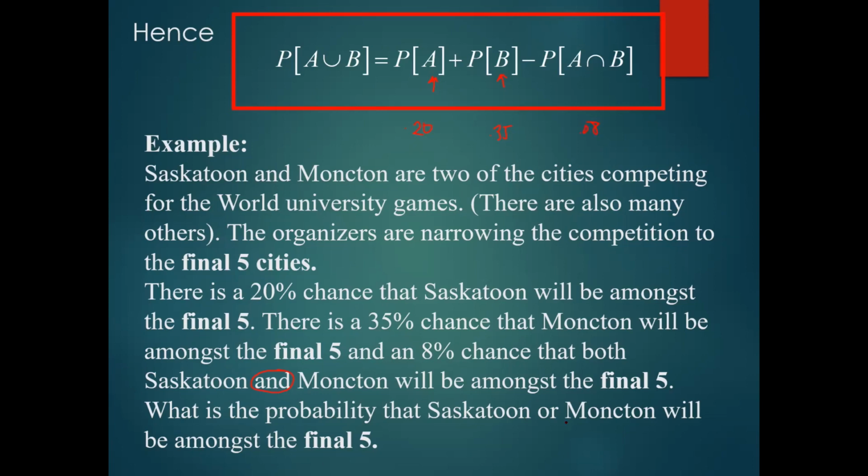So what's the probability that Saskatoon or Moncton? You just add and subtract: 0.2 plus 0.35 is 0.55, minus 0.08 is